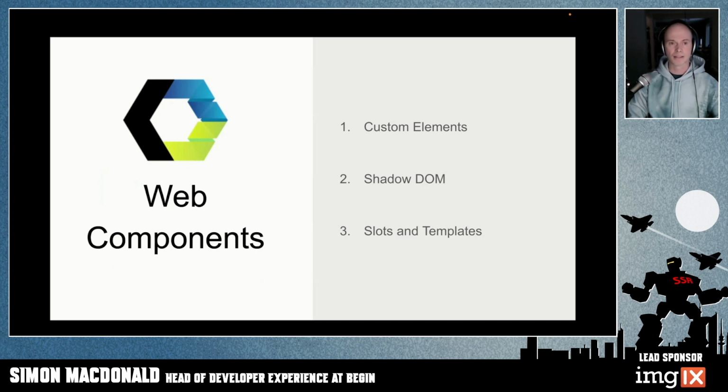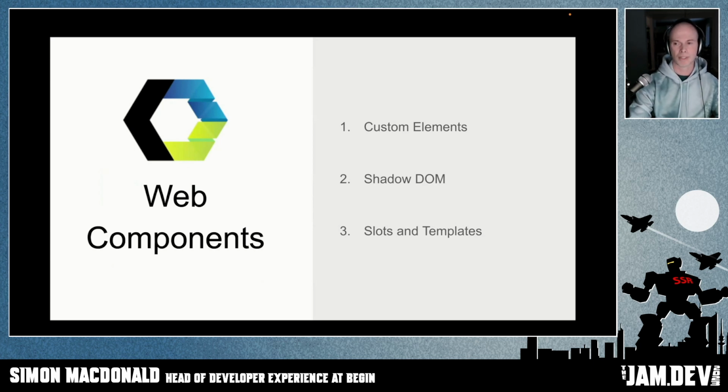There are three main specifications that are used when you're building web components. The first is custom elements, which basically allows you to define a new tag that represents your reusable component. We have the shadow DOM, which allows you to encapsulate your styles and your DOM away from the rest of your application so that it doesn't affect things. And we use things like slots and templates in order to be able to compose components out of other components. So you can really get granular and have some very small leaf components that you build up together into a giant tree.